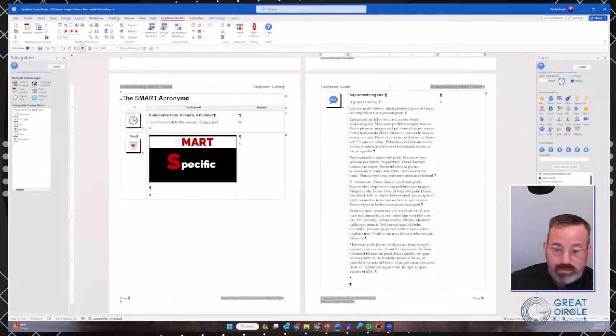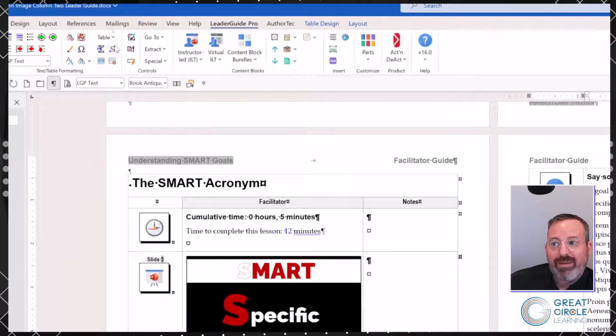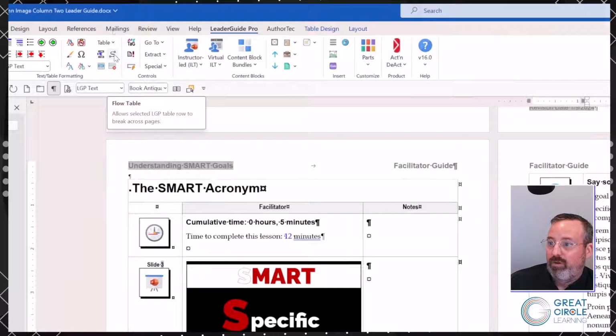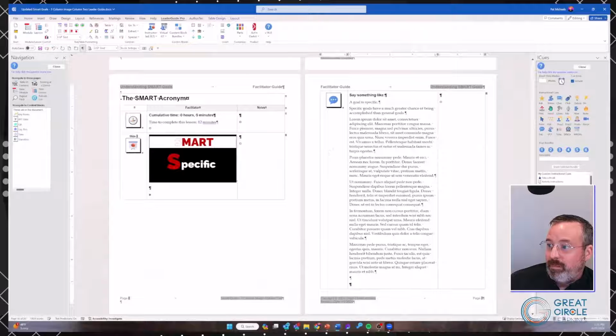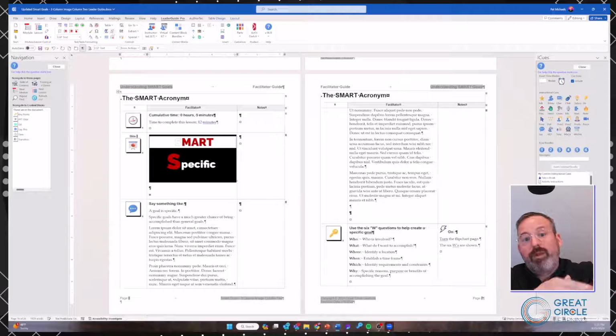The other option is still in text and table formatting, but it's this first line, and it looks like an S or a snake. If you hover your cursor over it long enough, it's called Flow Table. What this does: put your cursor in what I'd call the offending block, the one that's going over multiple pages, or it's left a portion blank. By clicking on Flow Table, it will then split the information and fill up the space on